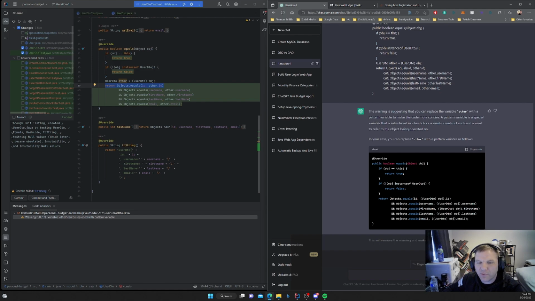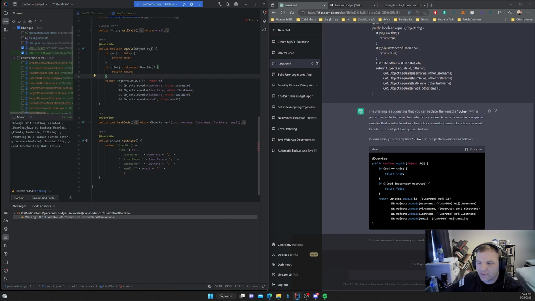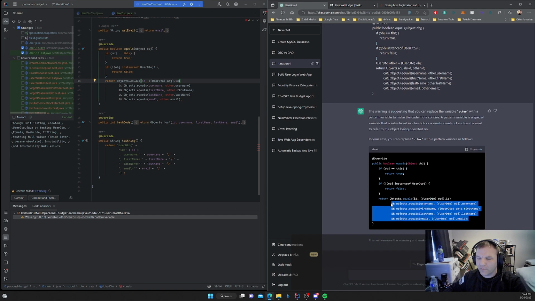So that's really all we got to replace. We'll just delete that line, copy this whole line right here, and then paste it over this section. And oh, we do have to change these after all too, don't we?